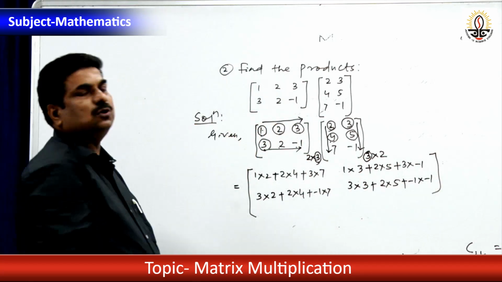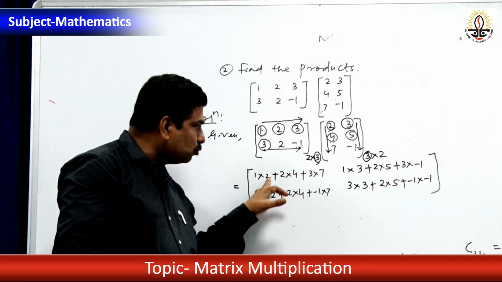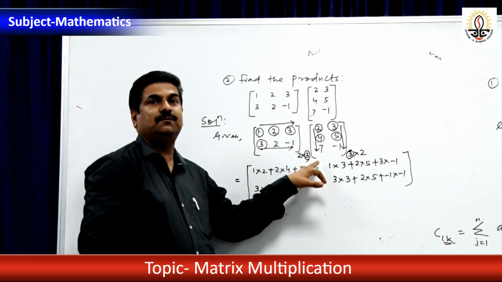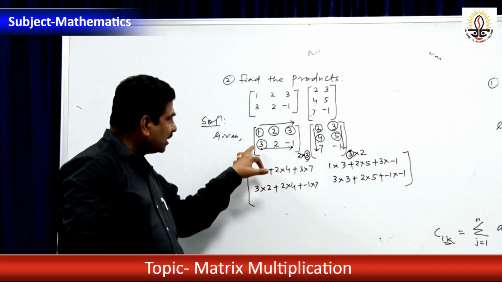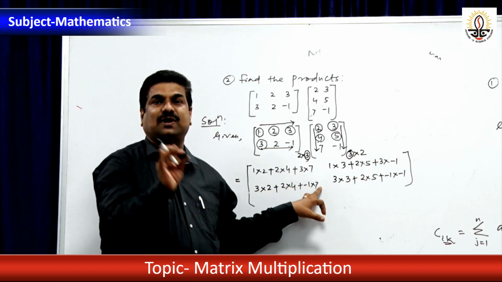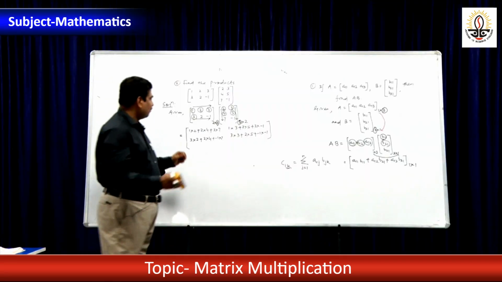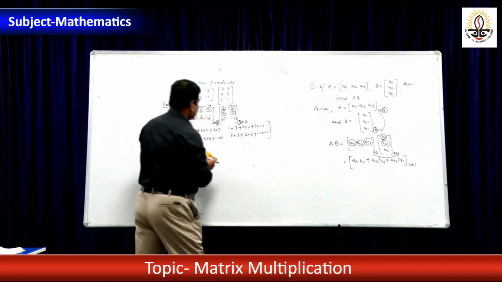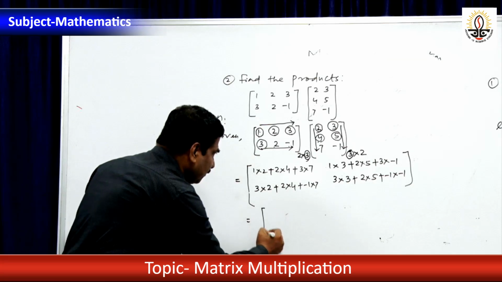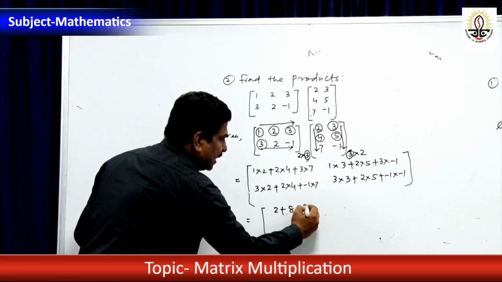The easiest way to remember, dear, here you see in the first case this one be 2, 4 and 7. This is the first column. No need to write 3 first; directly you can write this one be 2, this one be 4 and this one be 7. So it will be easier to calculate. Then what will be the value? Here you see this is equal to 2 plus 8 plus 21.